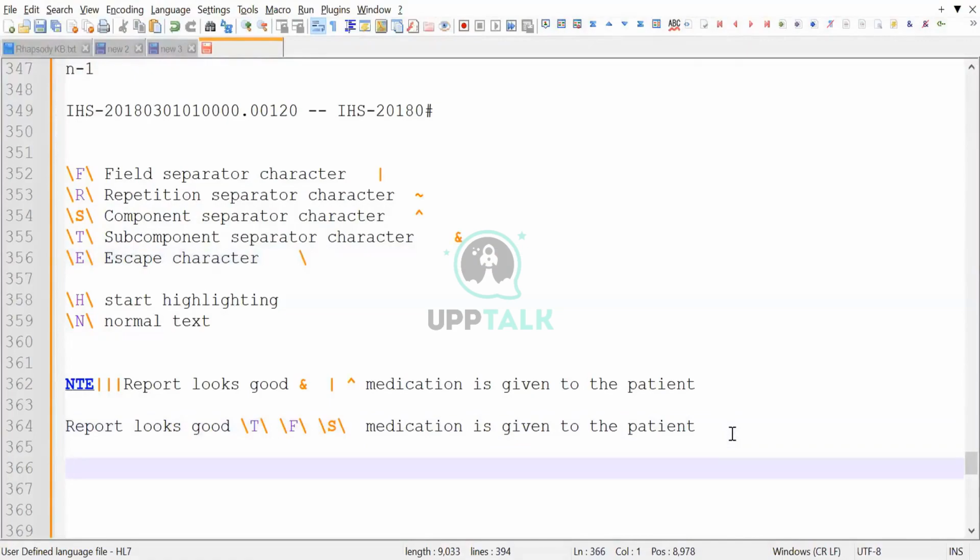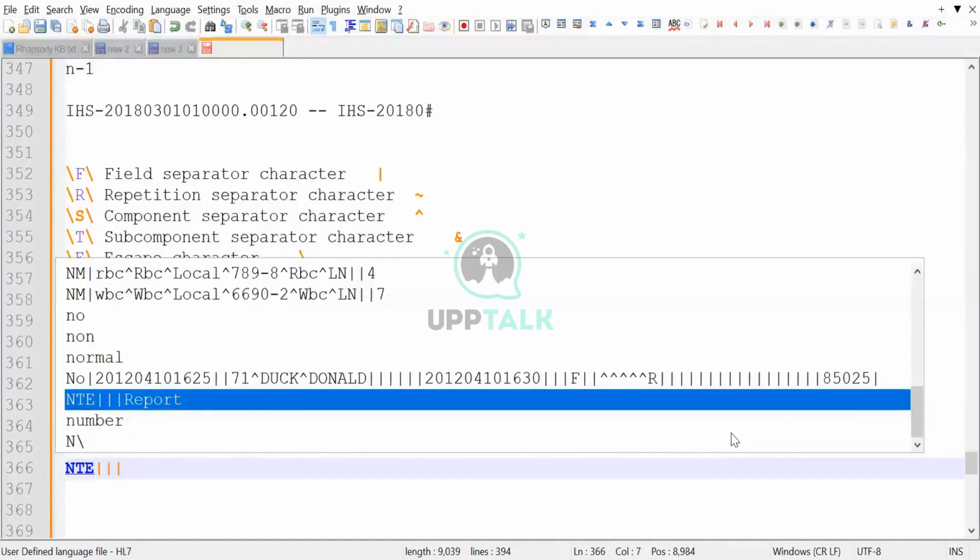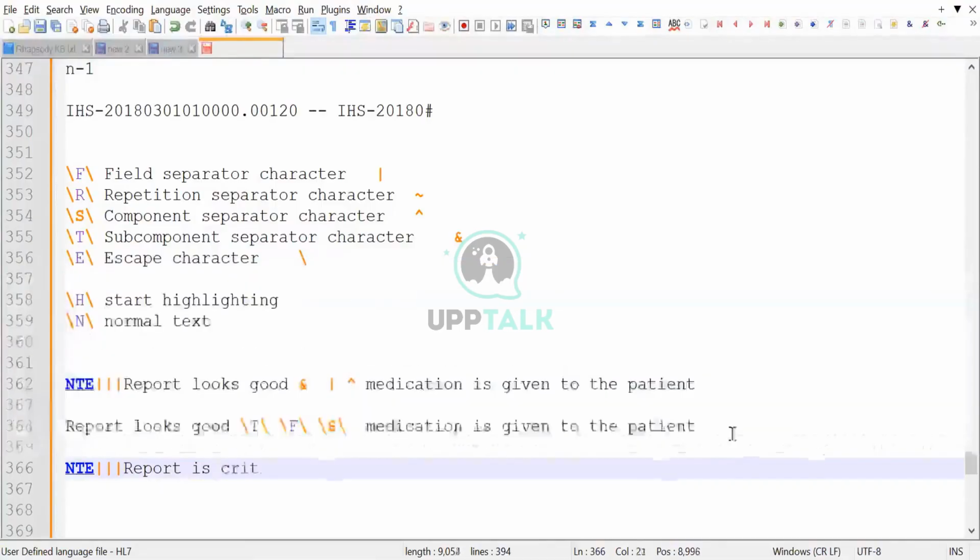And another thing which HL7 has done is, in case, let's say there is another NT segment where you want to tell the end application something in bold. Let's say the report is critical. I don't know what criticality is there in the report. And you want to highlight it, so that it should come on the application in bold. I'm not sure if anybody has seen the reports. If you have an abnormal range,